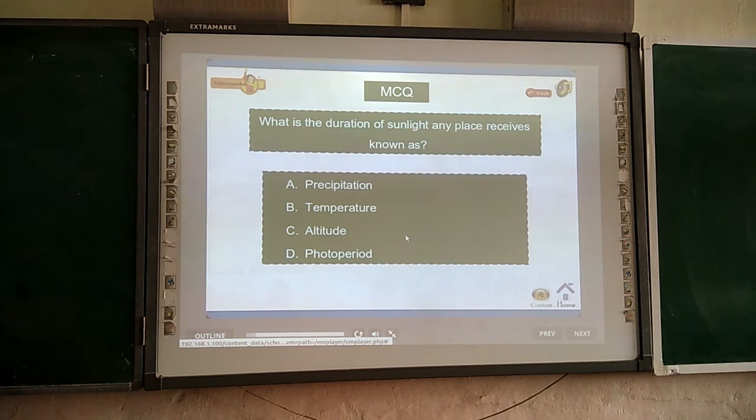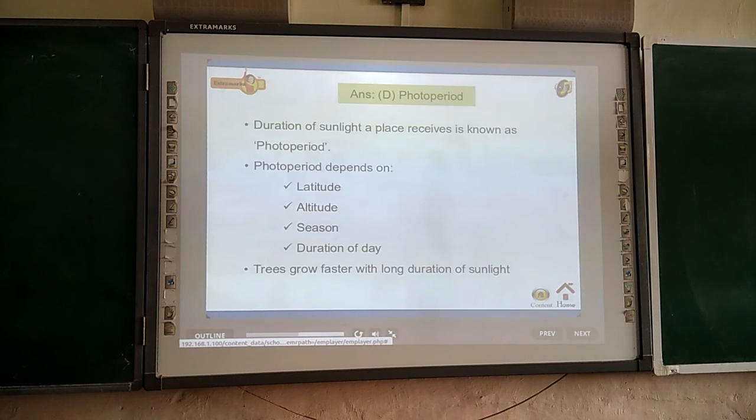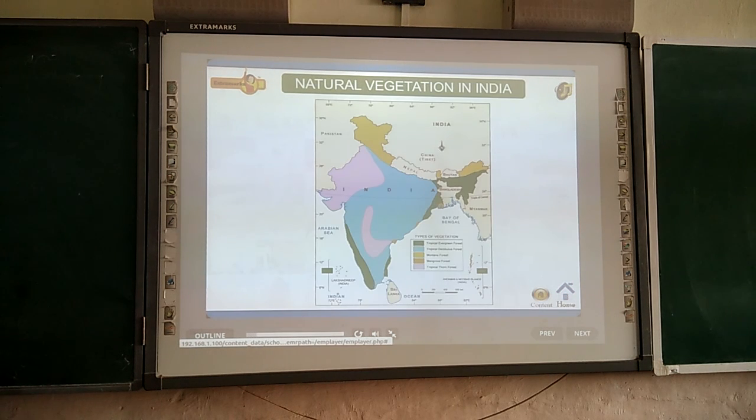Test yourself. What is the duration of sunlight any place receives, known as? The options are A. Precipitation, B. Temperature, C. Altitude, D. Photoperiod. Hint: derived from the Latin word for light. The answer is D. Photoperiod. Explanation: the duration of sunlight a place receives is known as photoperiod. Photoperiod depends on latitude, altitude, season, and duration of day. Trees grow faster with a long duration of sunlight. Let's have a look at the natural vegetation map of India, which shows the location